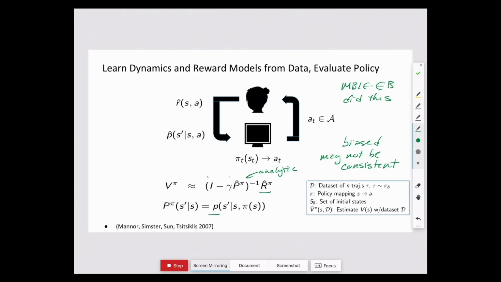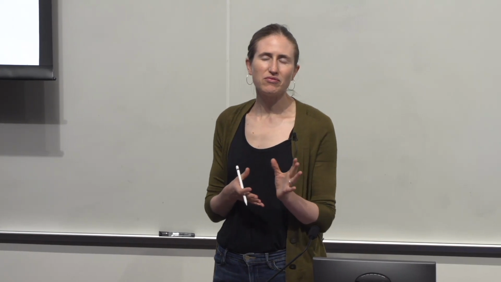And as a simple example of this, if we think back to the refraction case, you can imagine us using a really simple model of students, which is that their state never changes. It doesn't matter how much we give them different activities in refraction, their knowledge never changes. It's not a very good state representation, but certainly one you could use. And in that case, we could estimate the parameters for that state representation, et cetera, but no matter how much data we get, we would not get an accurate estimate of the value of a particular policy. So generally, the problem with models, like what we talked about a little bit before with TD versus Monte Carlo, is that they're going to have less variance, but they can be highly biased.